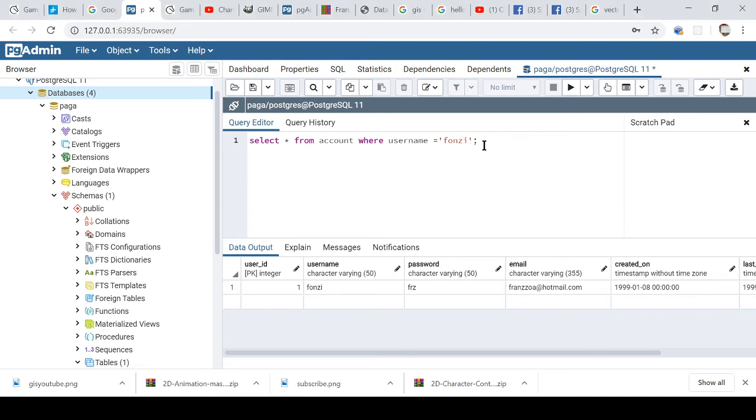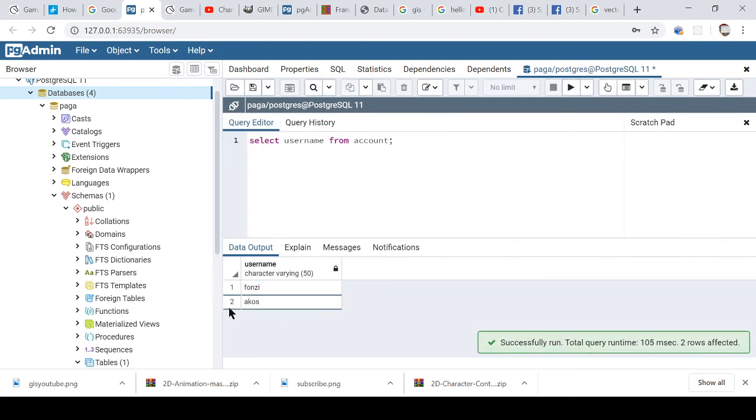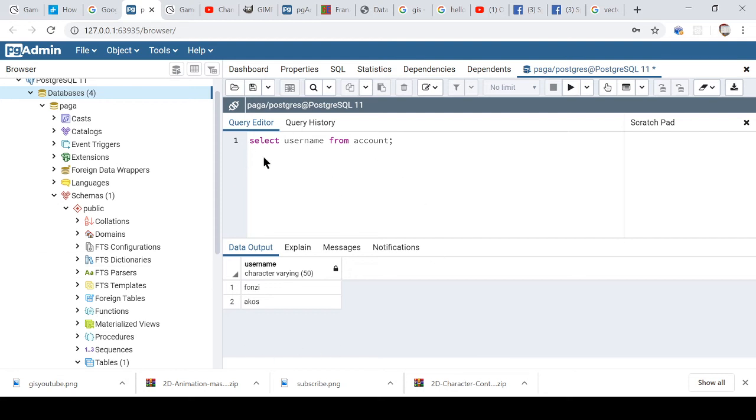Let me go here and play with it again in Postgres. So select username from account. Let's see if that works. Okay, yeah, that works. So I want someone to type what this is. What I just did, I'm selecting a column from the table account. What is that called in relational algebra? You can type it in there.